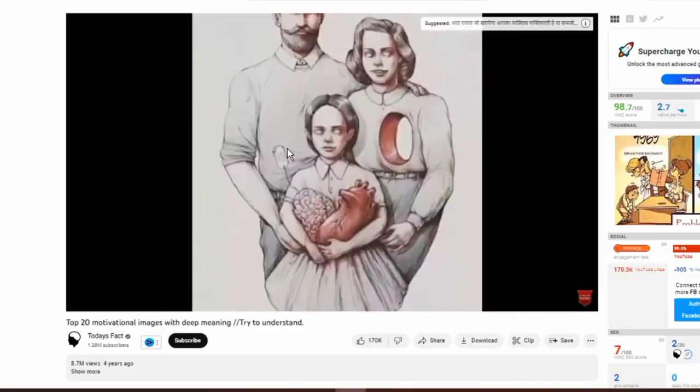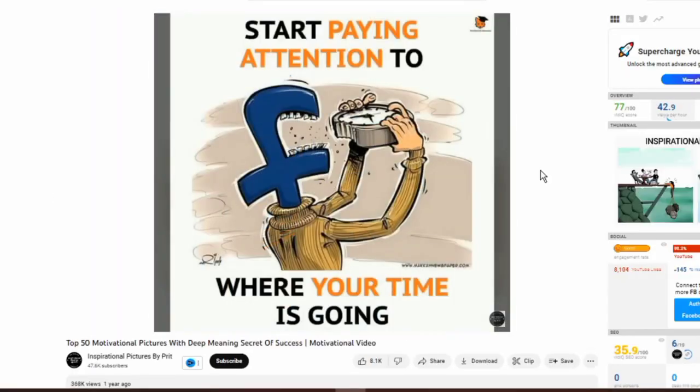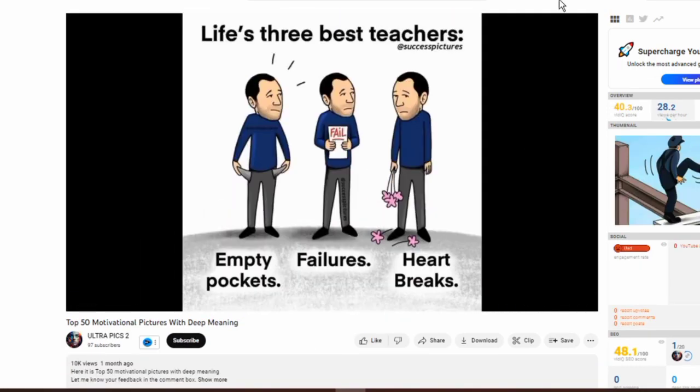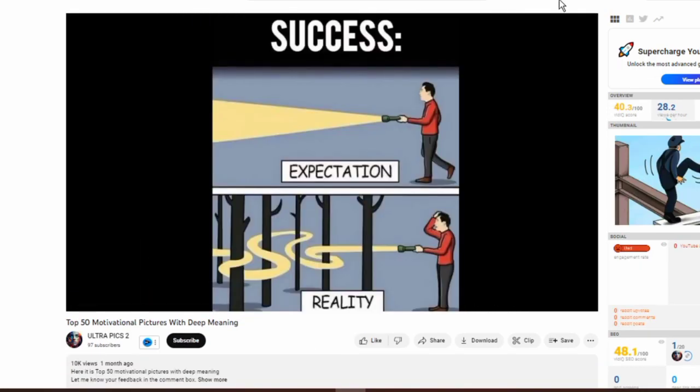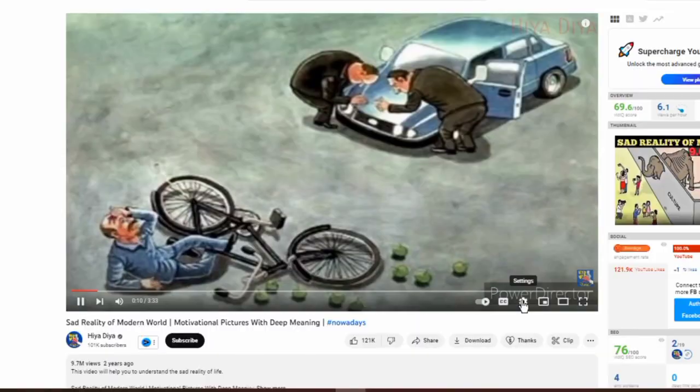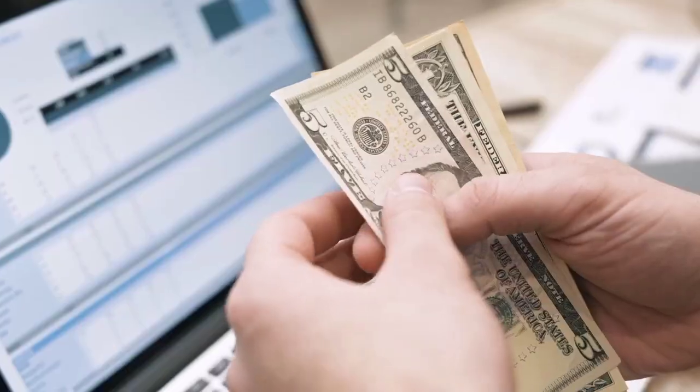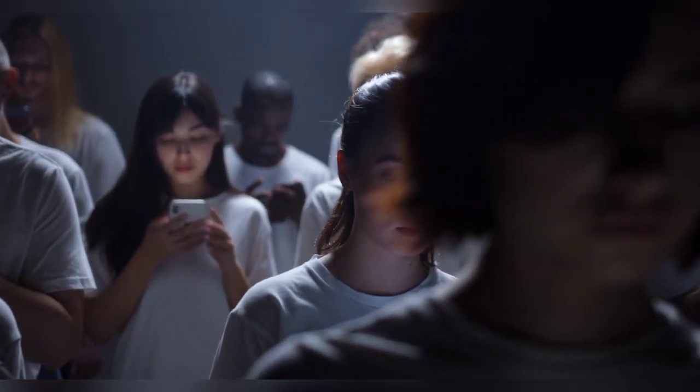If you're interested in creating compilation videos or videos on loop, try to put your own spin on them by adding unique elements that make them stand out from other similar videos on YouTube. This will increase your chances of monetization and help you grow your channel's audience.